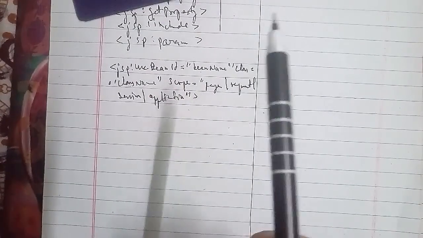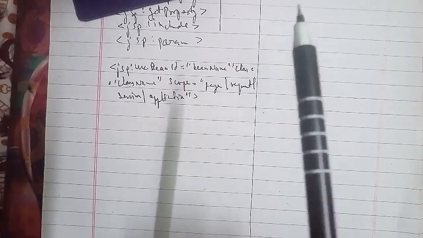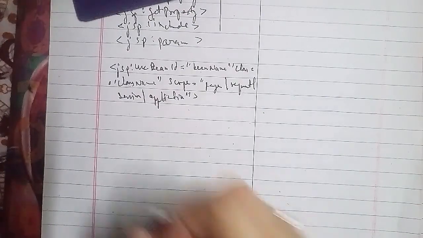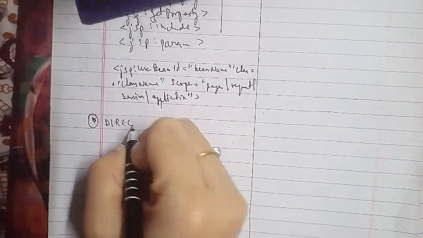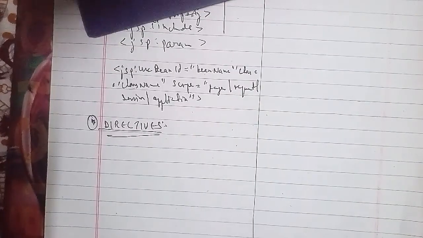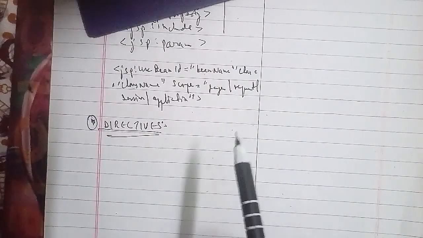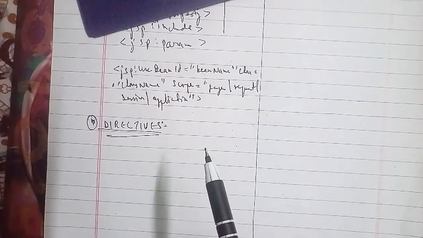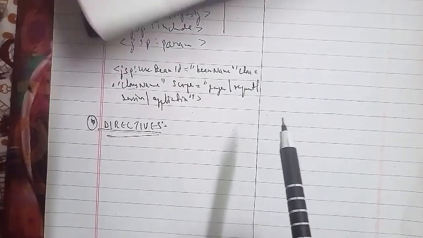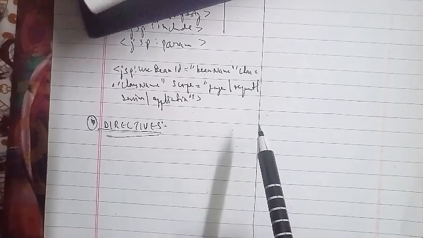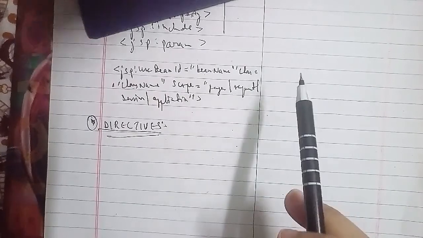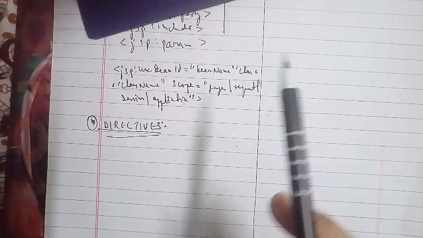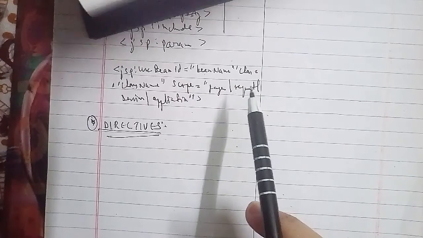Now we'll discuss the directives. Here, explain the various JSP directives with a suitable example, which have also been asked in the 7 to 10 marks questions, and most of the time they have asked for 5 to 10 marks as well. The JSP directives control the processing of the entire JSP page, and they give direction to the server regarding the processing of a web page. If I'm talking about the syntax here,